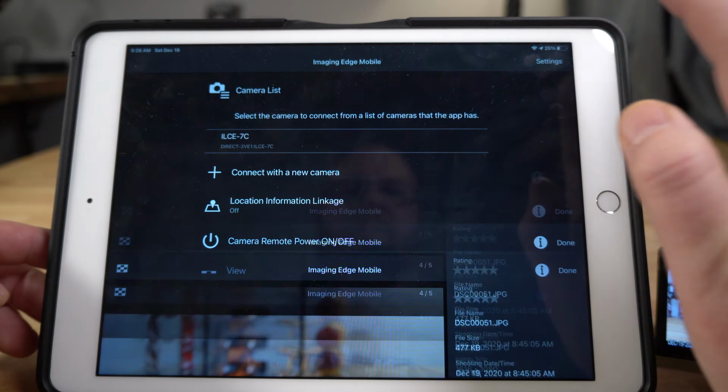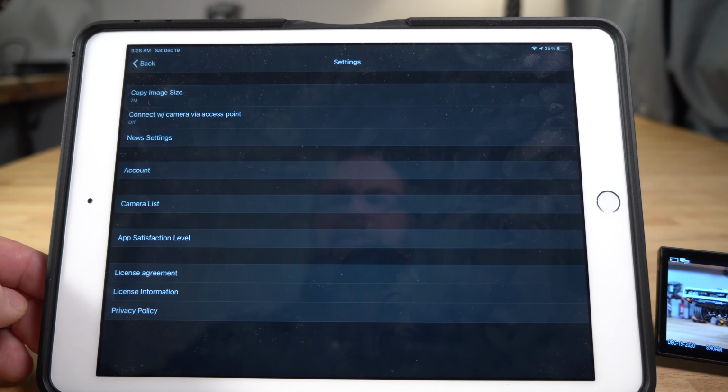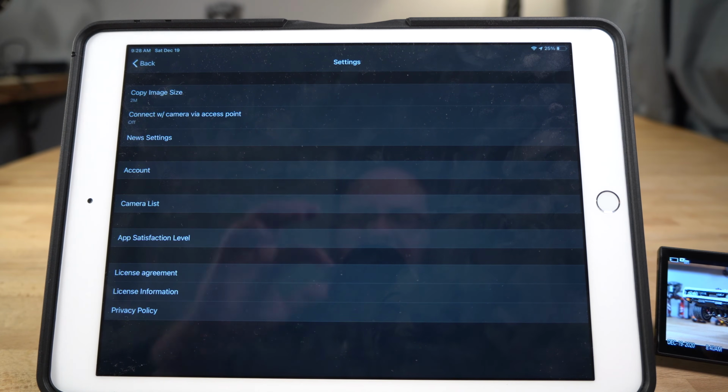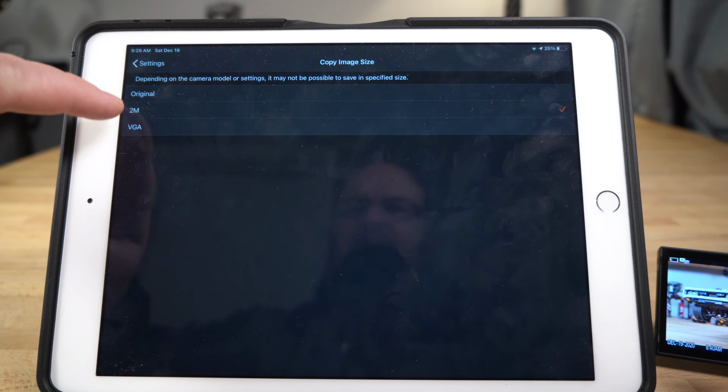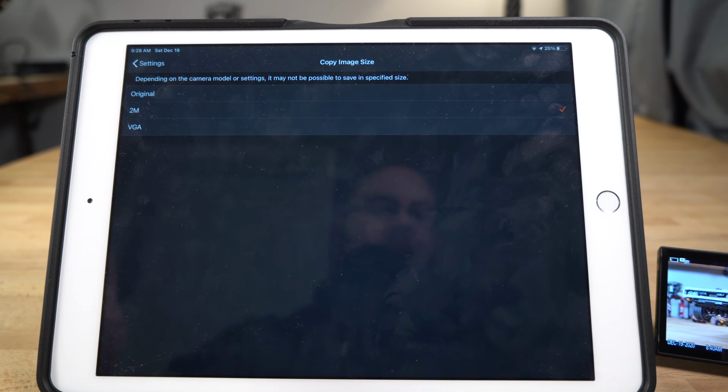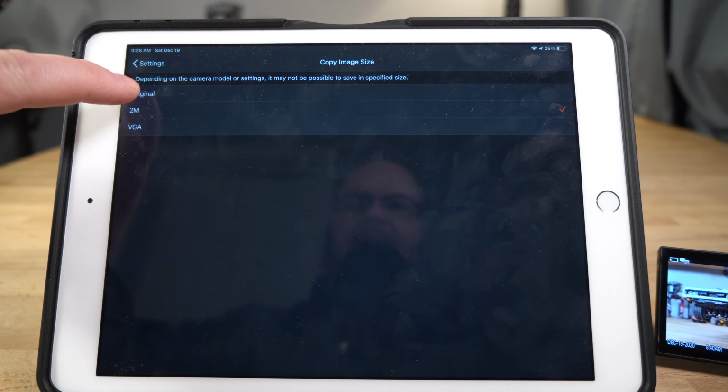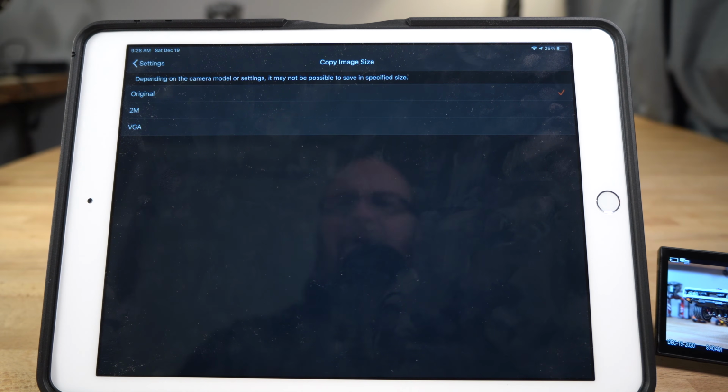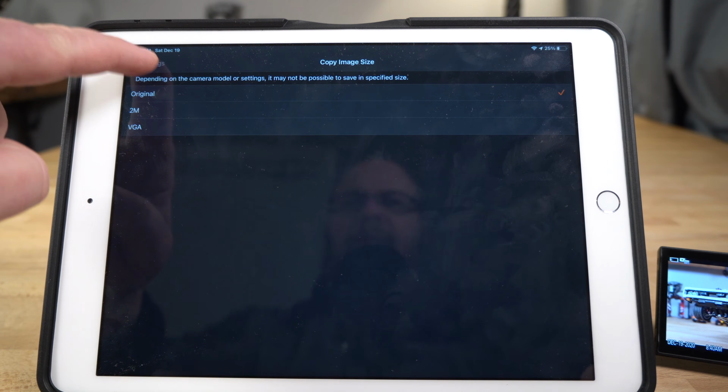If I go done, and then I click settings here, look at up here on the top left. It says copy image size 2 megapixel. I don't have original selected. I have original selected on the camera, not on the device here. So I want it set to original. Now if I go back,